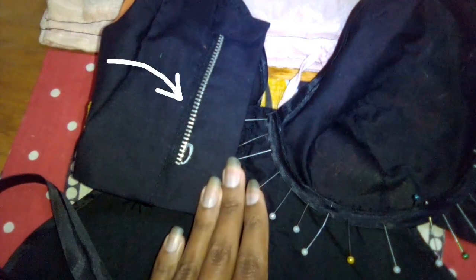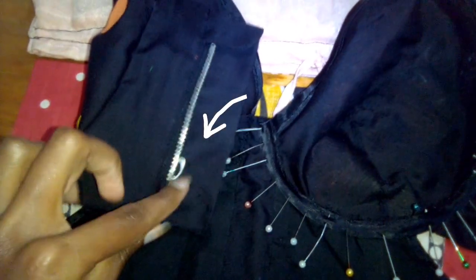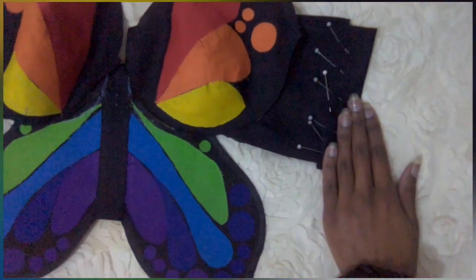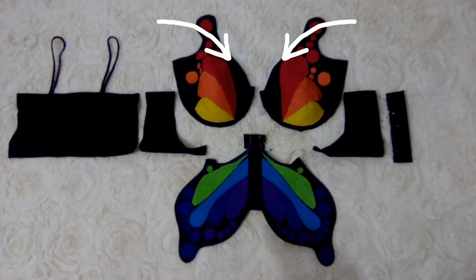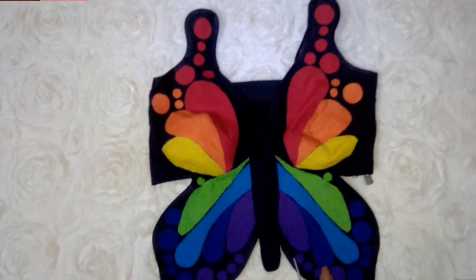On the other frame, I sewed on the other side of the zipper as well as the G-hooks, and I also made a zipper guard so that everything is neat. Once that's complete, we're going to connect the elastic straps to the front of the caps. I should note that I used bias tape to clean up the neckline of the caps before adding them to the lower wings. I sewed on the body of the butterfly to the lower wing by top stitching it on